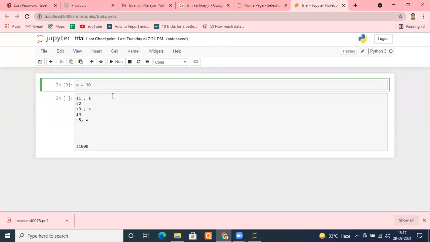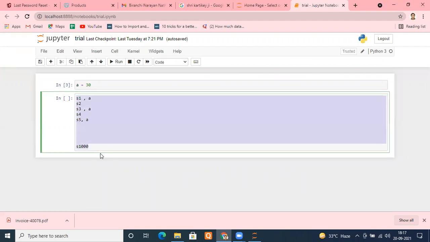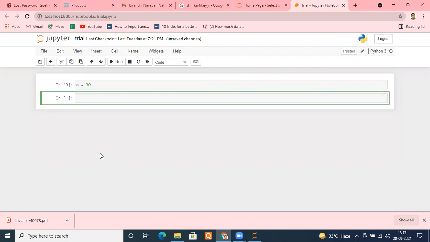The biggest advantage of using variables is that our life becomes very much easy. Your code looks very good, right? At the same time, your life becomes very easy. You don't have to change it manually. Now, moving ahead. These are the things I think we have already covered in the class.